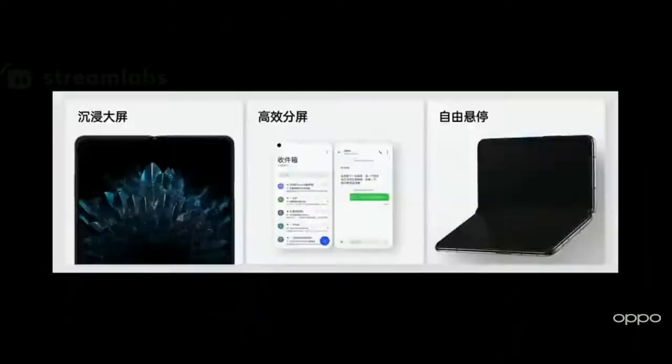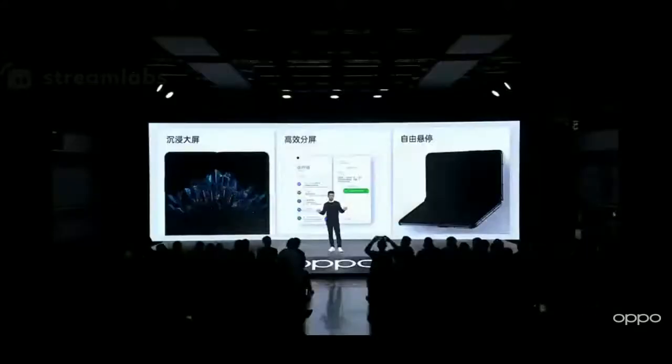Immersion enabled by bigger screens, efficiency enabled by split screen, freedom enabled by flexible mode, from a test to a